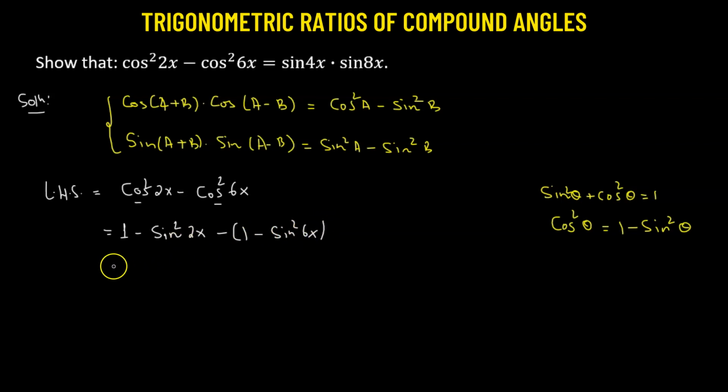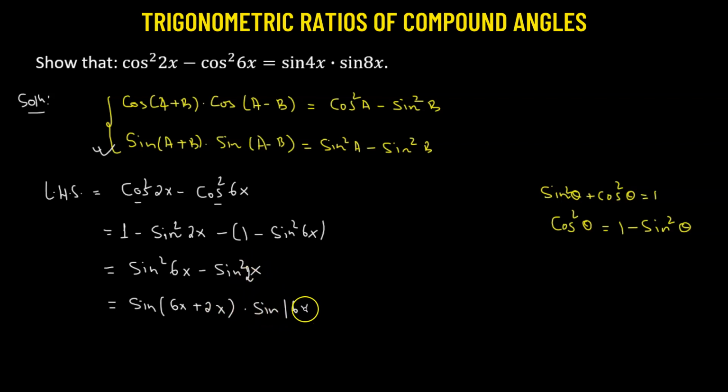Luckily, the 1 will get cancelled out, and we will be left with sine squared 6x minus sine squared 2x. This has a familiar form, the same as this one. So we can now express it as sine of 6x plus 2x times sine of 6x minus 2x, that is sine of A plus B times sine of A minus B. So sine of 6x plus 2x will be sine of 8x, multiplied by sine of 6x minus 2x, which is simply sine of angle 4x. And this is the expression on the right hand side. Hence,